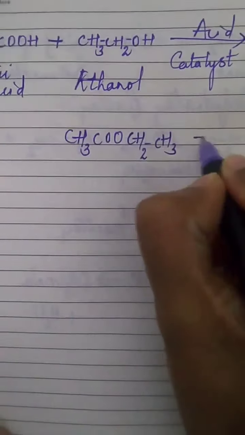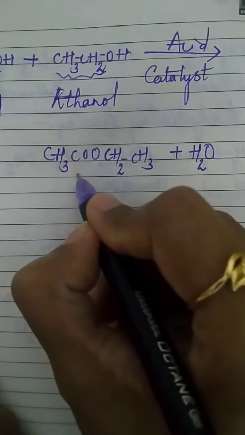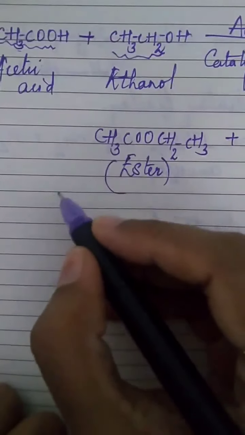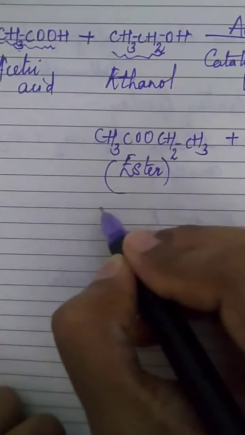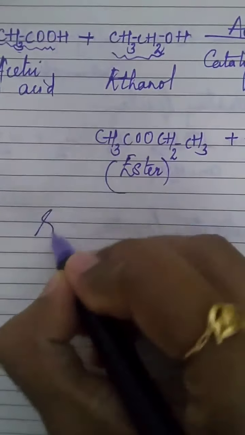That is CH3COO from this part and CH2CH3 from this part. They will attach, and what is remaining is H2O. And this is an ester which is ethyl ethanoate. For the time being you can write an ester is formed. Esters, they have a particular sweet odor and they are used for production of soap, and that process is called